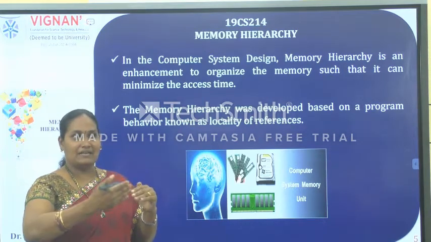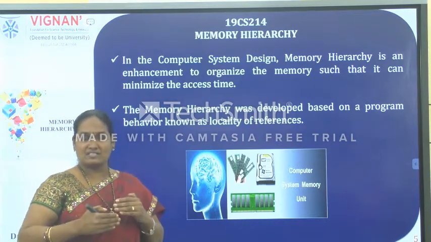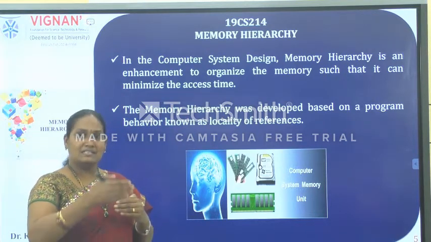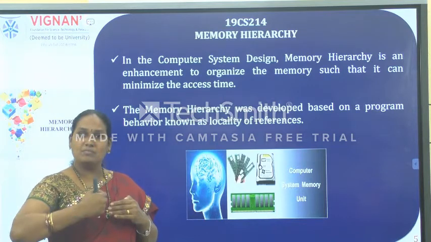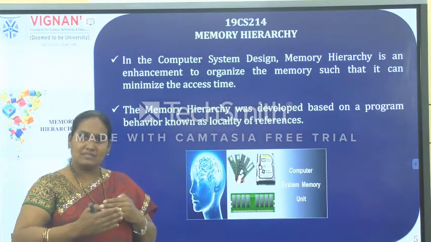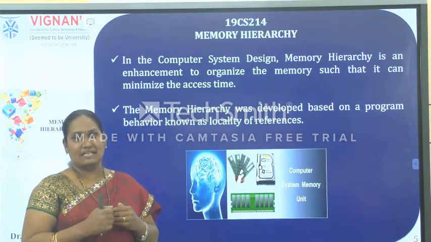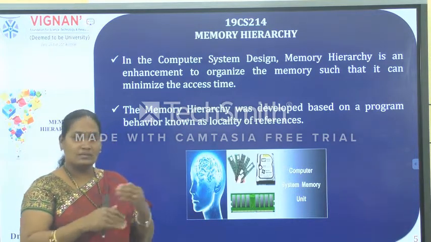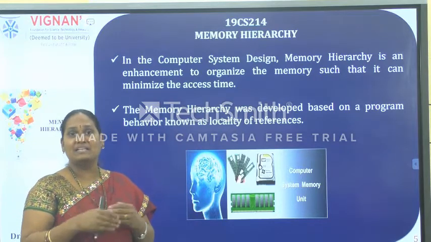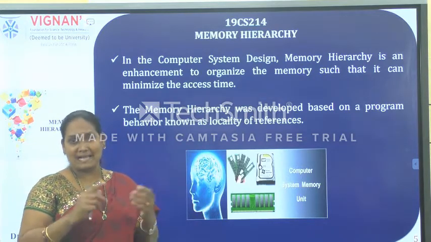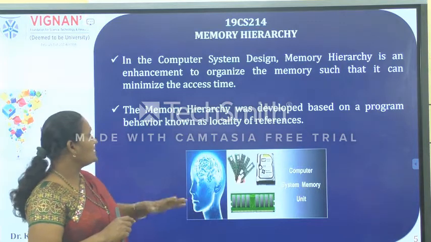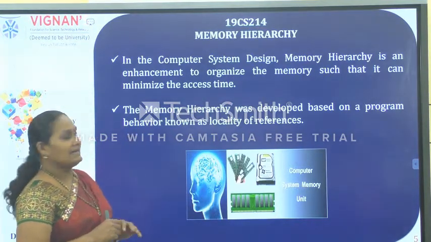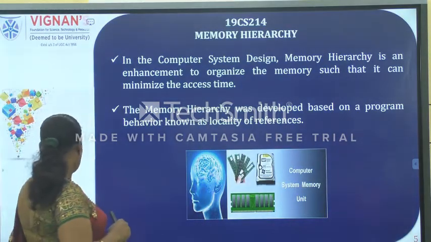So every time, in the first iteration, to execute these 5 instructions they should be fetched from the memory. In the second iteration, if I want to fetch the instructions, again they will be fetched from the memory. These portions which are repeatedly fetched from memory are called active portions of the program. Based on those localities of reference, or active portions, we are going to build the memory hierarchy.